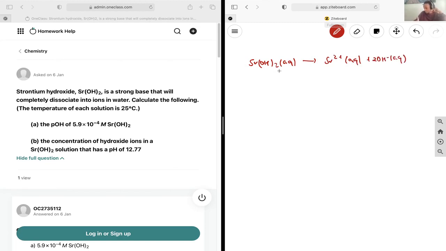In aqueous solution, and then using this we're going to develop an ICE table. Because we know that it's going to completion, if we just put in what we have,